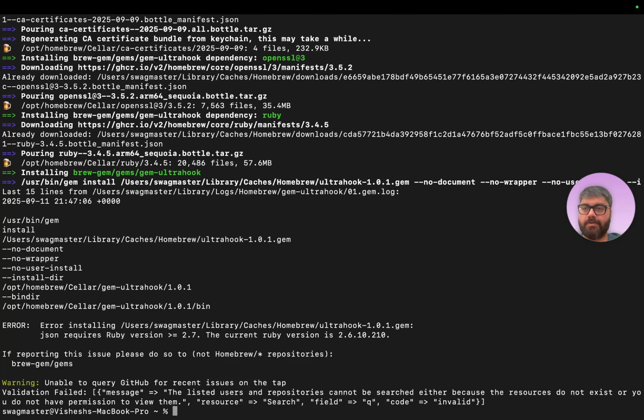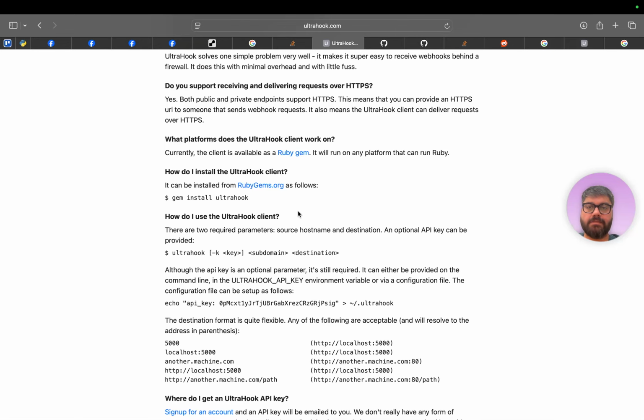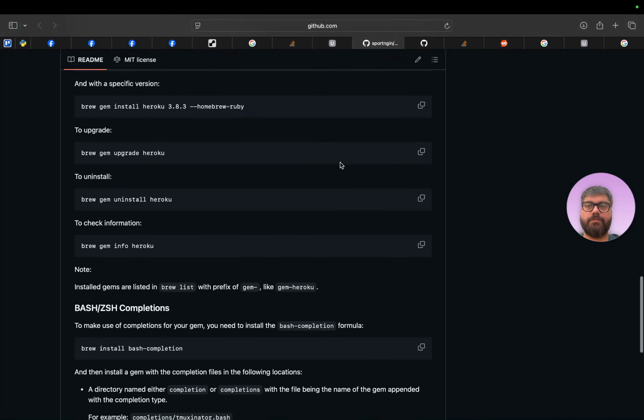No document, no wrapper. Okay. Error installing UltraHook gem: JSON requires Ruby version... The current Ruby version is 2. Okay. Let me see if... because I definitely want to